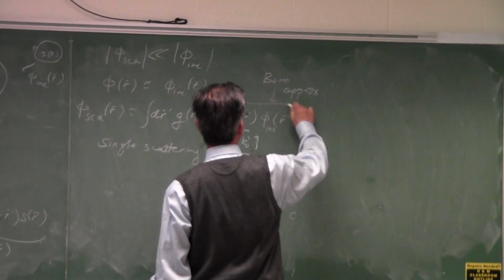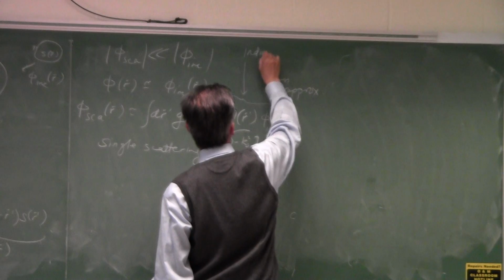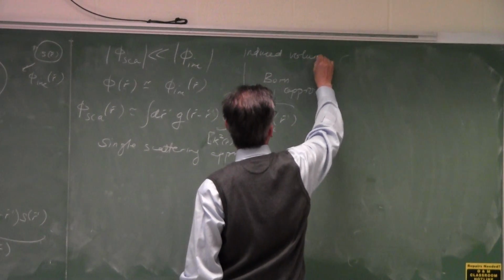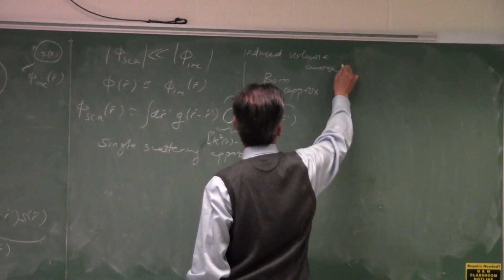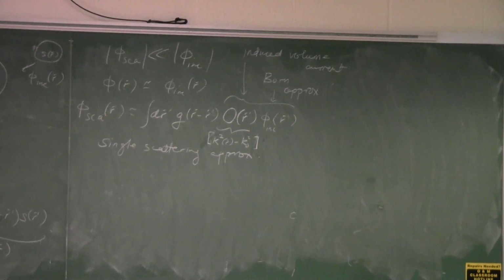So this whole thing is called the induced volume current. The induced volume current should be this k squared minus k naught squared times the total field, but we're going to approximate the total field with just the incident field. So it's like a single scattering approximation. It's like if you expand this as a Neumann series, you just pick the first term in the Neumann series. Okay. But this single scattering approximation allows you to do quite a number of mathematical manipulations that make it look very simple and nice. Let's go through some of this